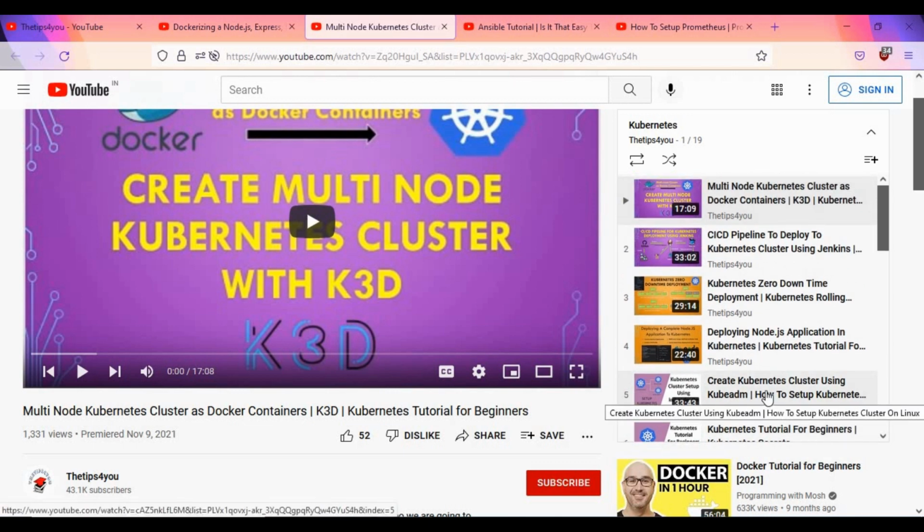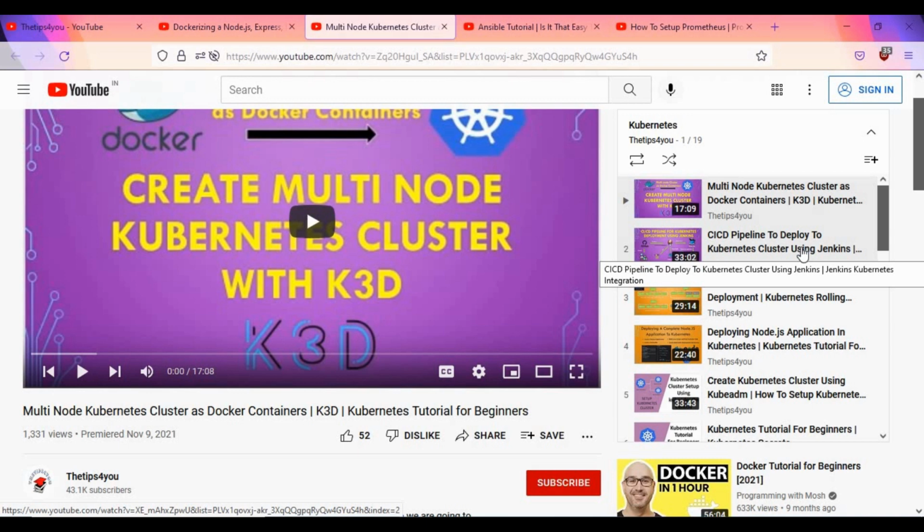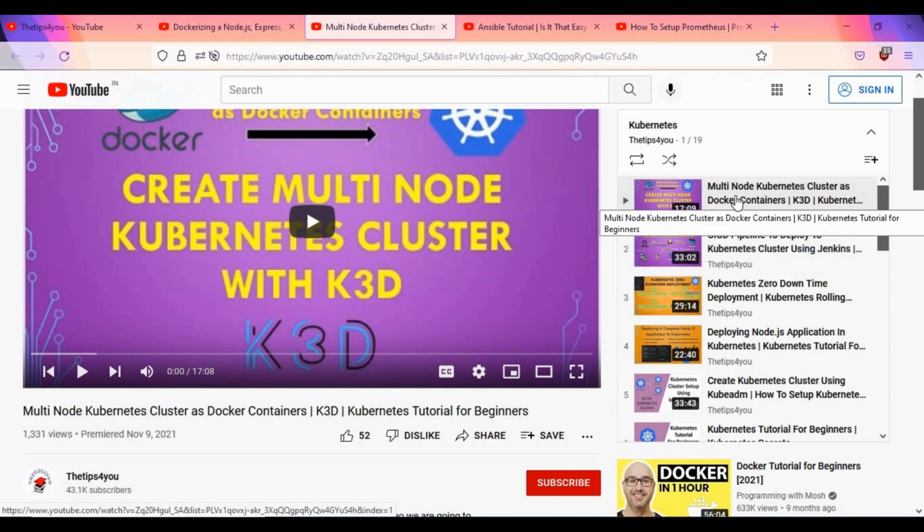If you want to set up a Kubernetes cluster, you can deploy your Node.js application in the Kubernetes cluster with zero downtime deployment. You also have a CI/CD pipeline to do this deployment using Jenkins. And you can also use K3D for deploying or using as a Kubernetes multi-node cluster.